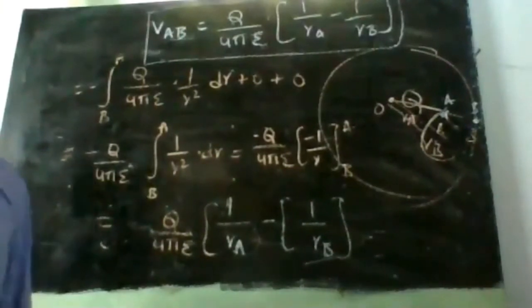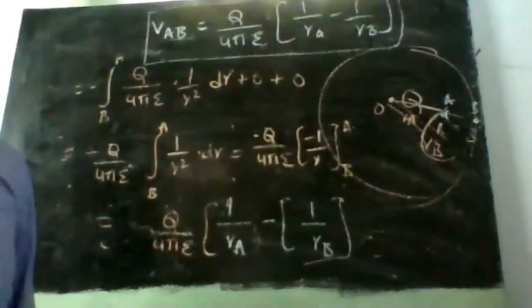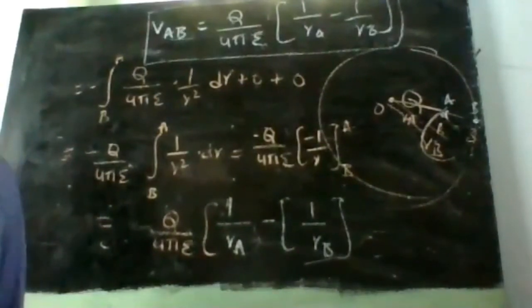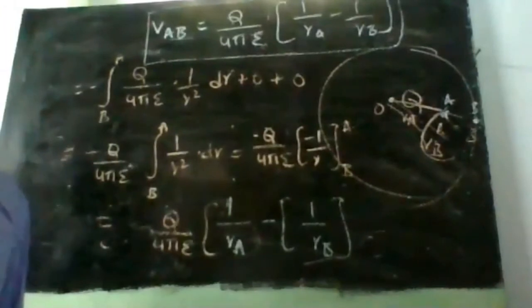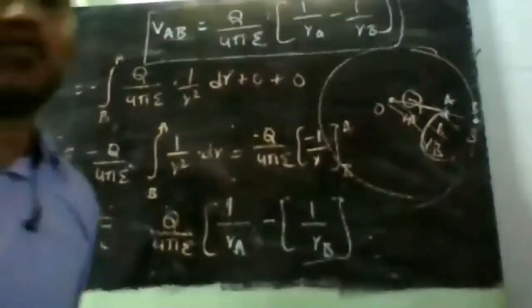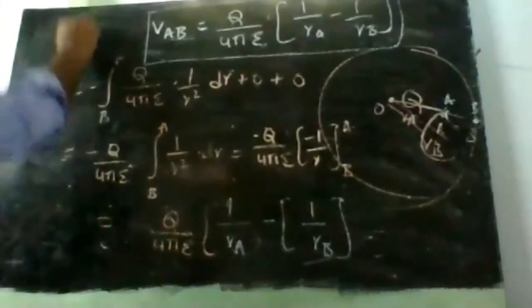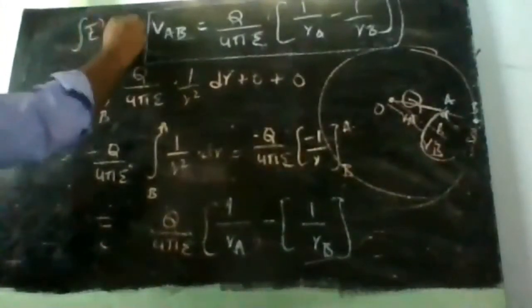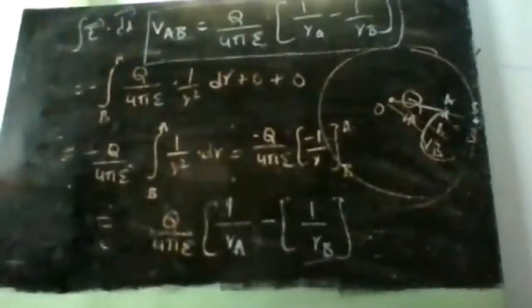dr ar plus r d phi a phi plus r sin theta d theta a theta. So this is the expression for the differential change in length in the spherical coordinate system. Now potential is nothing but V equals integral E dot dl. So take the dot product of E bar and dl bar. When I take the dot product, ar dot ar is 1, and all the remaining terms will be 0.